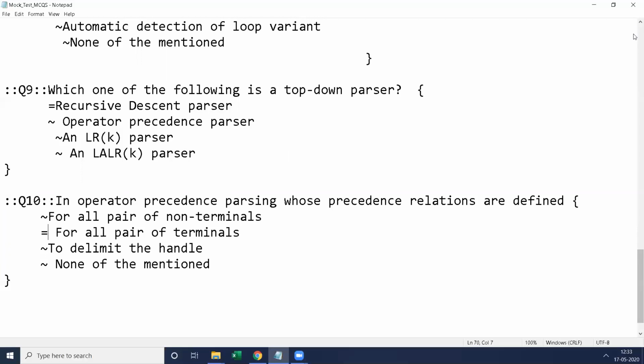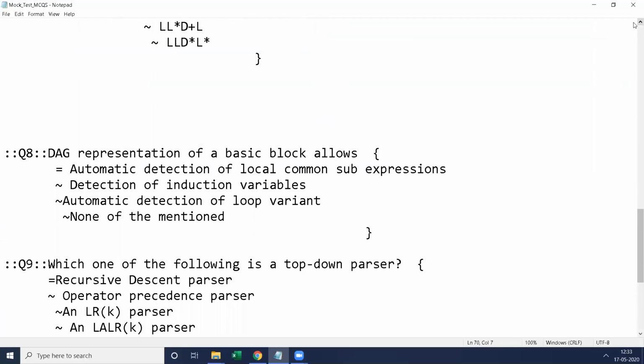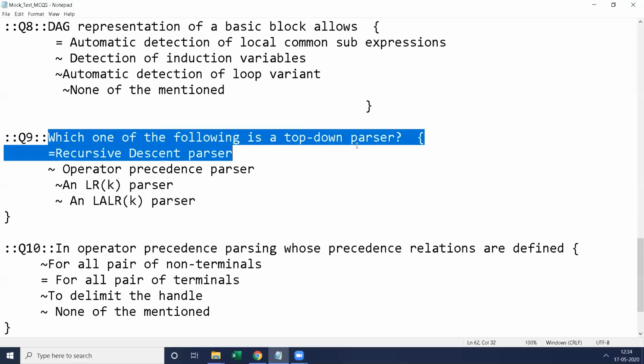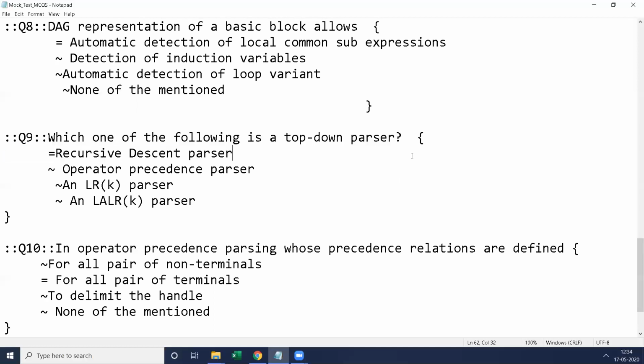In the same way, if you see the ninth question here, within this ninth question, again, we will write the title here. The title of this question is Q9. It is preceded with double colon and it is followed by double colon. Then write the question, whatever question you are asking here. After writing that question, it is followed by an open bracket.